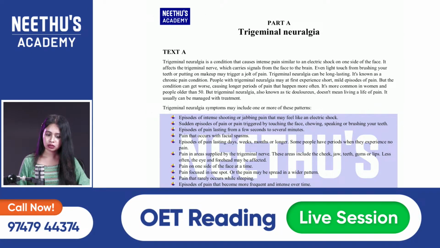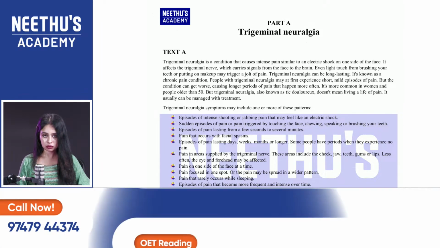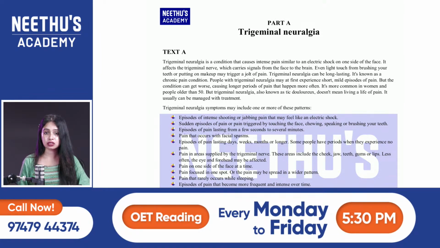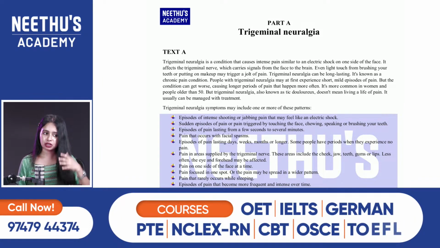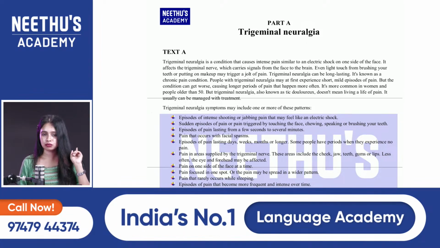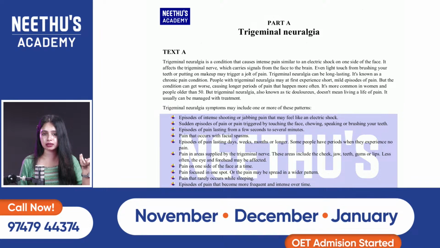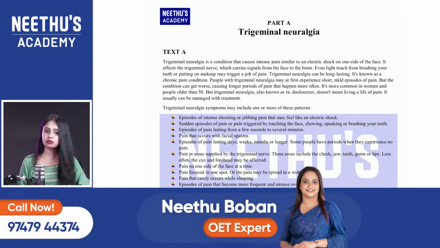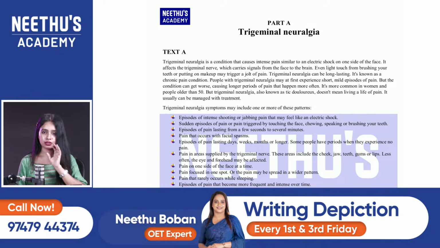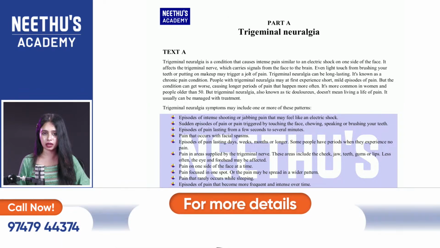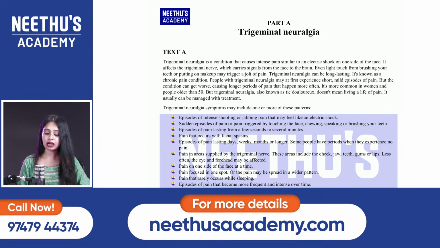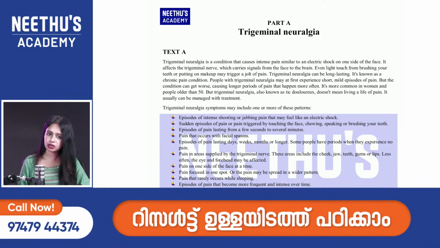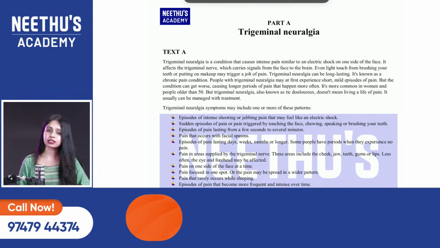So what method are we applying in part A? The strategy we are applying in part A is called skimming and scanning. When you hear this term, skimming and scanning, it is very easy. You may have no idea what it is. So what is skimming and scanning? Skimming means fast reading, and scanning means we are searching for important words from each of the texts, and we are going to underline certain keywords from the text. That's called skimming and scanning.